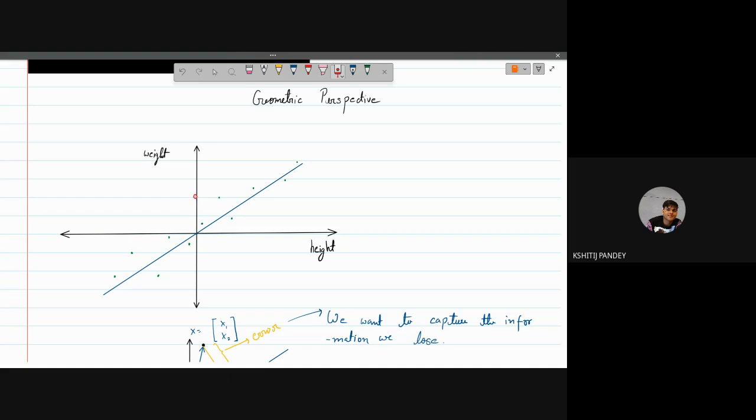If you talk about the amount of information they give, these data points give you information about height and weight. But when we take projections, they lose some information, because you're not taking the original point, so there will be loss of information. Correct? Yes. Okay. Now let's say this is our original